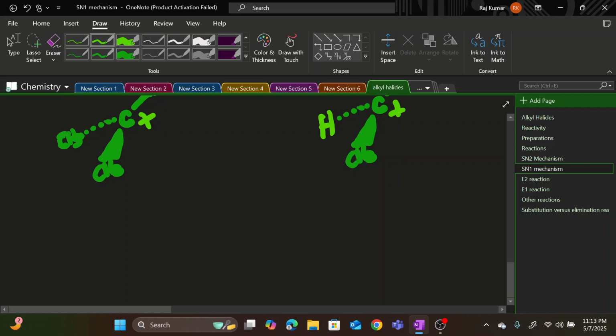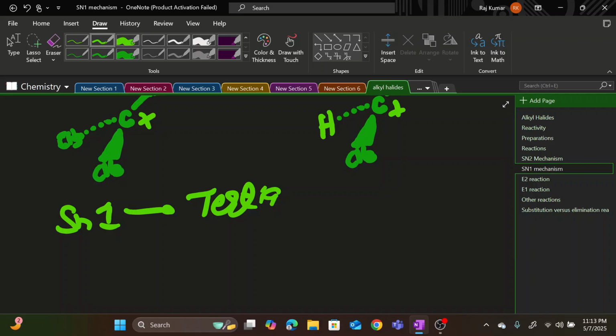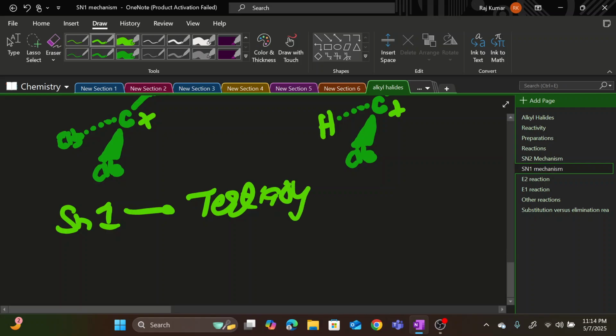Whenever we have an SN1 mechanism, it is going to prefer a tertiary carbocation. All types of nucleophilic substitution reactions can follow SN1 or SN2 mechanism. For example, we can use primary alkyl halides for SN1 mechanism, we can use secondary alkyl halides, and we can utilize tertiary alkyl halides as well. But SN1 mechanism usually prefers tertiary carbocation, tertiary alkyl halides. Why is that so? The reason behind it is that